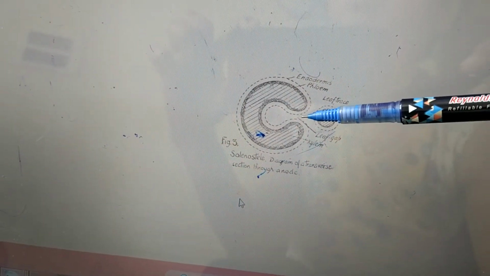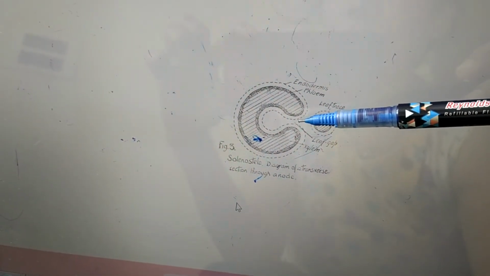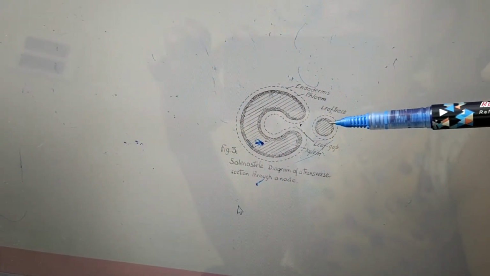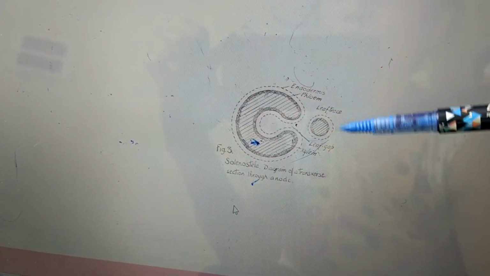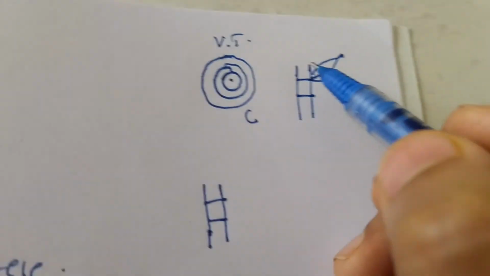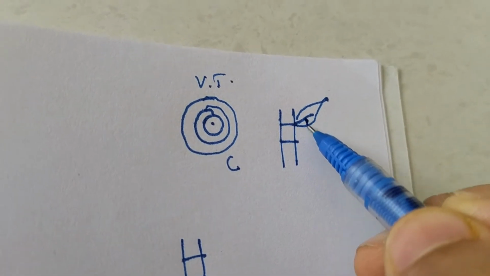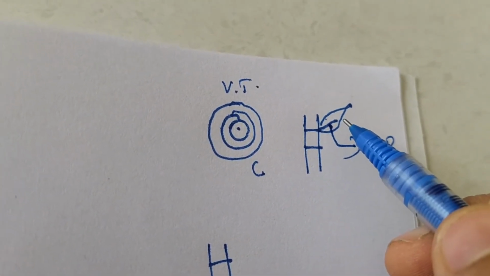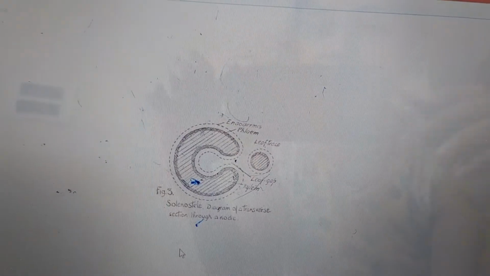Here is the origin of the leaf, and that leaf is held to the stem with the help of leaf trace. Now what the leaf trace is going to do, this portion which is cut off from this vascular bundle, it is going to enter this leaf and it forms the vascular bundle of this leaf. So this is exactly what a leaf trace and leaf gap is.